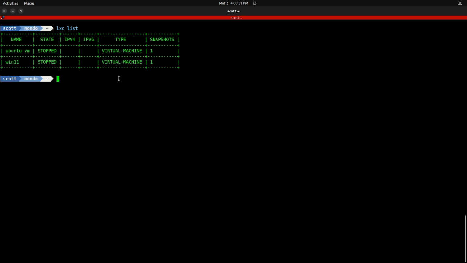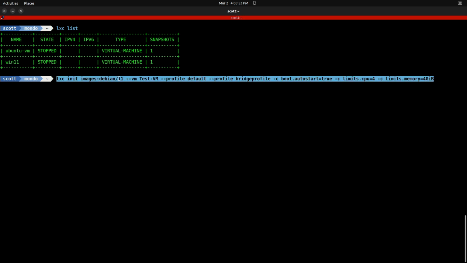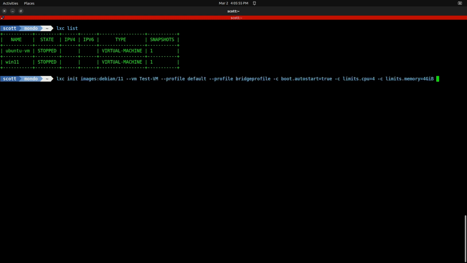So for the purposes of this video, we're going to create ourselves a new container, and this particular container we're going to do with the LXD init command instead of a LXD launch. The only difference is the LXD init command will create the container and not start it, whereas the LXD launch command will create the container and start it. So I'm going to make this container images